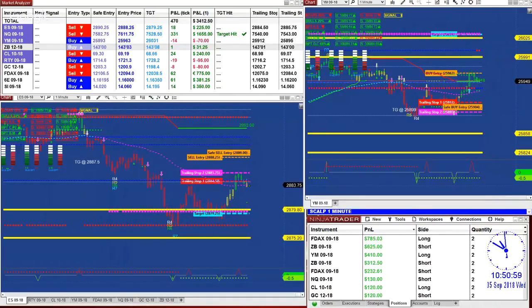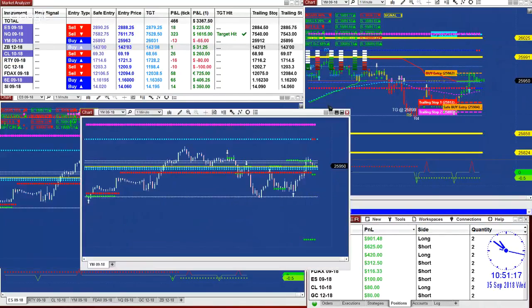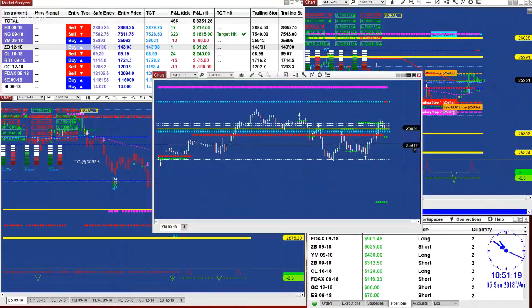Whoever grabbed the earlier trend made it on the ES and Nasdaq and Dow Jones, and whoever missed it, missed it. There is nothing left in this market right now. If we look at the YM, 1 minute,